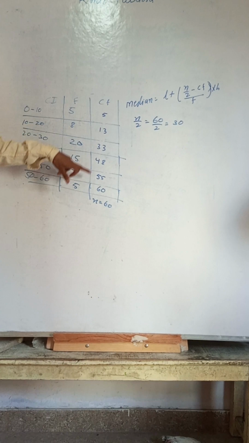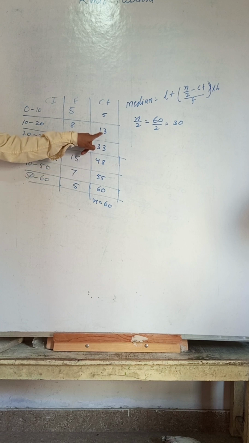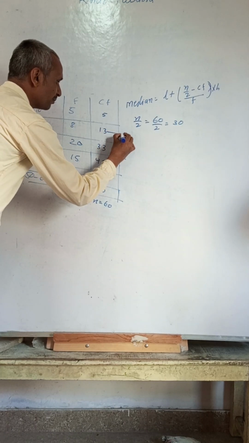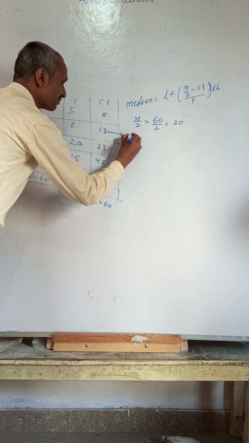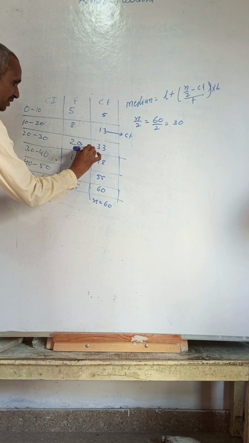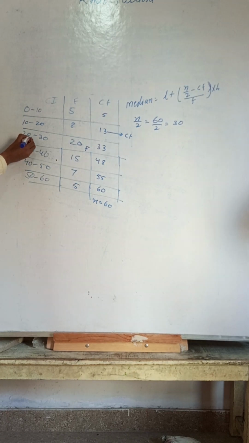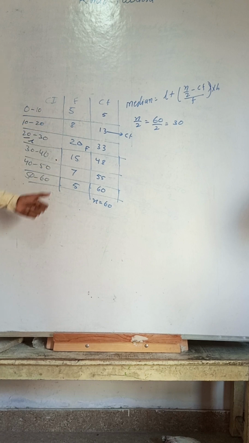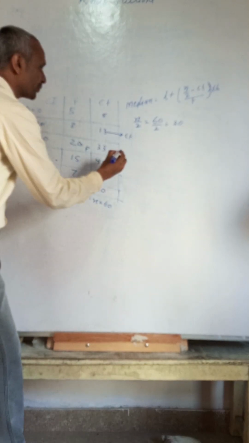So 30, in the CF, in which number does it go? It comes near to this one. 33. 48 is more. 30 is very less. So 33 it comes. So this number becomes the CF. In front of that number, it becomes the F. And in front of that, this will become the L. Are you finding that? H means what, the difference in that? So what L is equal to how much given?